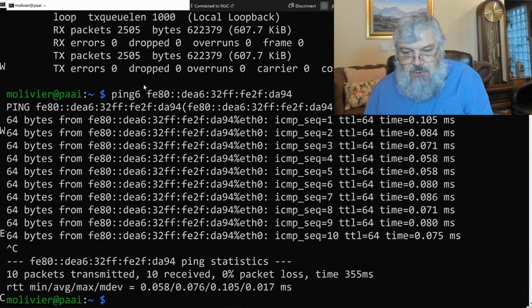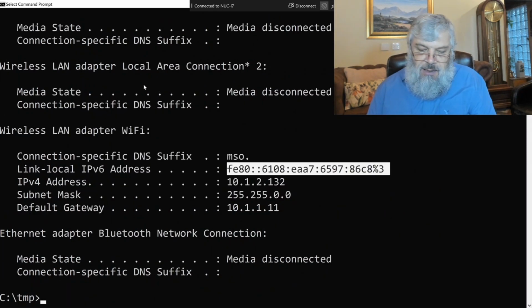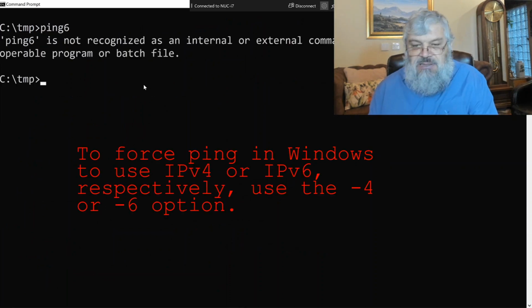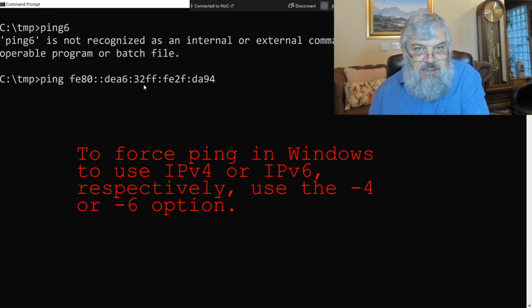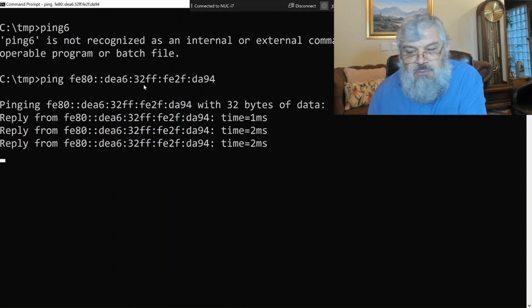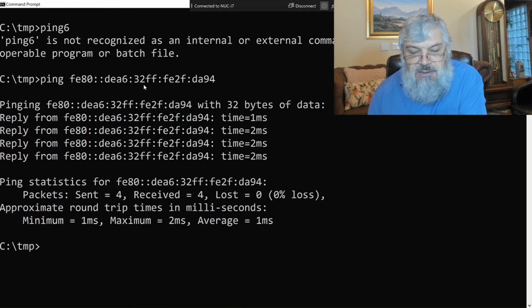If I go to my Windows machine, just to show you that ping6 is not installed here as such, but if I say ping and I provide the Raspberry Pi IP version 6 auto-configuration address, I am getting my replies from it. Typical Windows behavior. I am getting these 4 pings with responses.